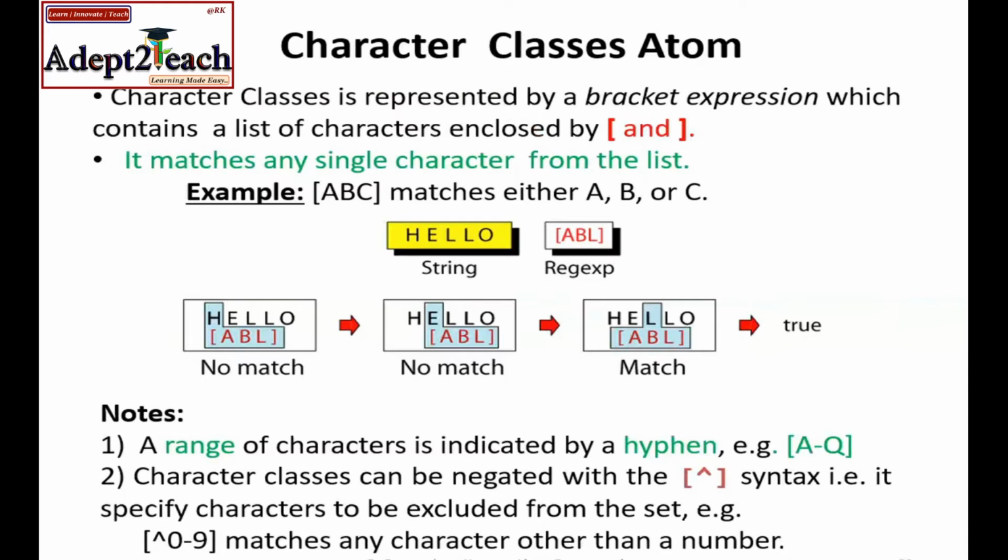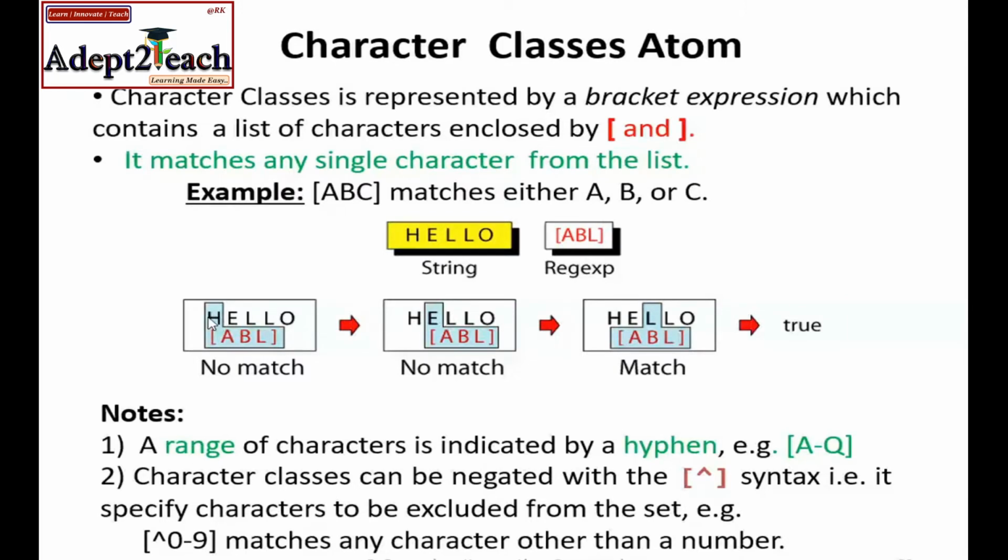Third is character classes. Rather than one character at a time, I try to match multiple characters at a time. When I would like to provide multiple characters out of which one can be true, I will enclose them in square brackets. We can see this with the help of an example. I'm matching hello with [ABL]. Either A is in the string, or B, or L. If any of the three characters matches any character in the searchable string, that is hello, then it will give an output as true.